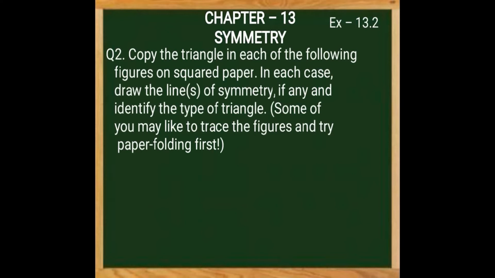So the first thing you will do is, they are talking about the squared paper. Square paper you can easily get from the practical copies. I already told you in my last video. So you will trace all these shapes on squared paper. After drawing it, you will cut out those figures and then draw the line of symmetry. For the same, you may use the paper folding method, which is ideal, in order to find out the number of lines of symmetry in a particular figure. Let us check the shapes now.